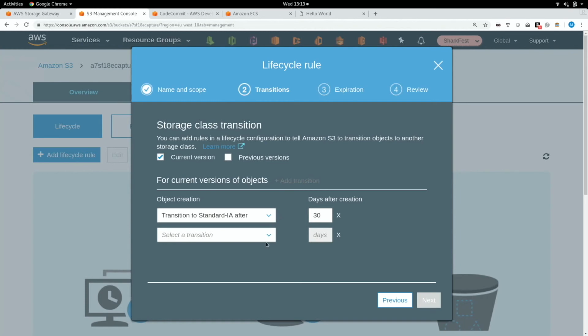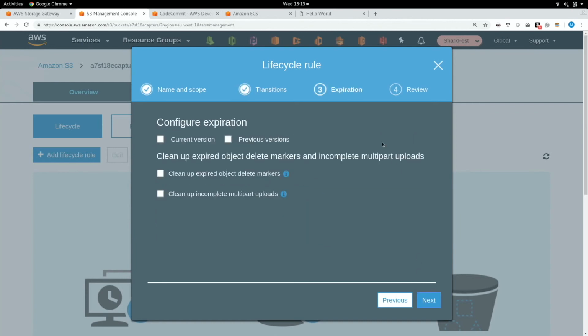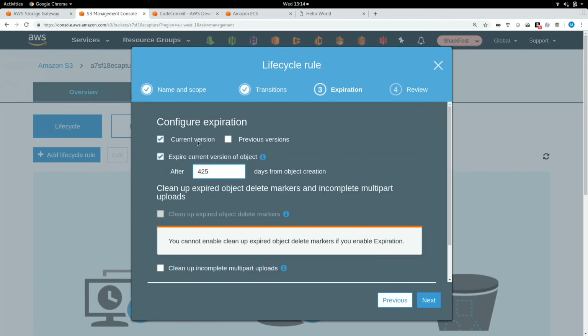And then we can say, after 60 days, stick it in Glacier, the cheapest kind of storage I've got. That's great. It's going to move that data and make it cheaper for me to run. And then, depending on your expectations or demands, you can start deleting things out of your bucket after a set period of time. So at this point, because we're copying our data there, I don't know where 425 comes from, but after a year, because that's what I care about, my packet data is going to disappear. And this is great, right?